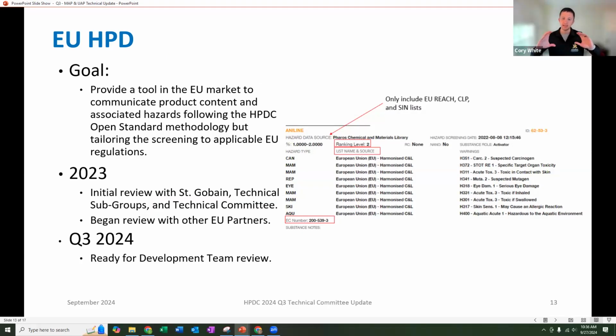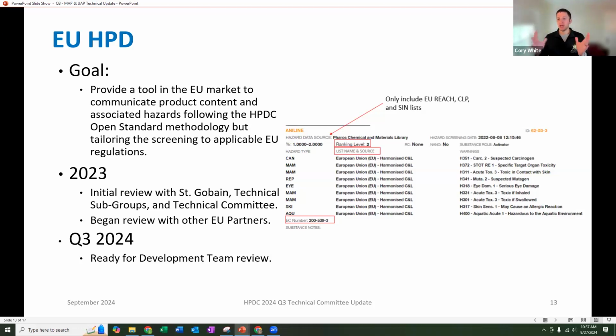The same data is going to be available in the builder, but we're going to be able to funnel that so that the EU market sees the information that's valuable to them. Again, we're trying to tell that story to two different markets. So we're able to tell a story of your information and your data to a brand new market, the EU. So we're excited for that. This is going to be the test for this sort of format.